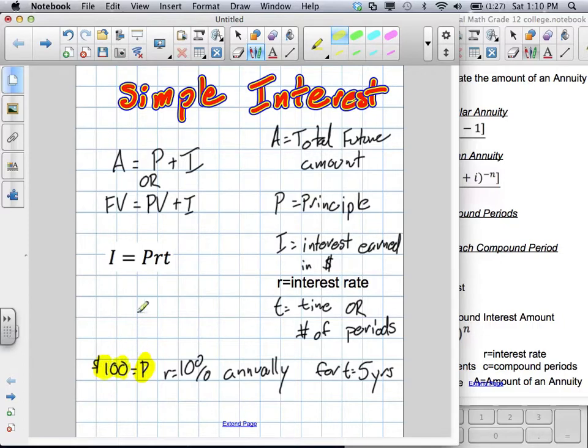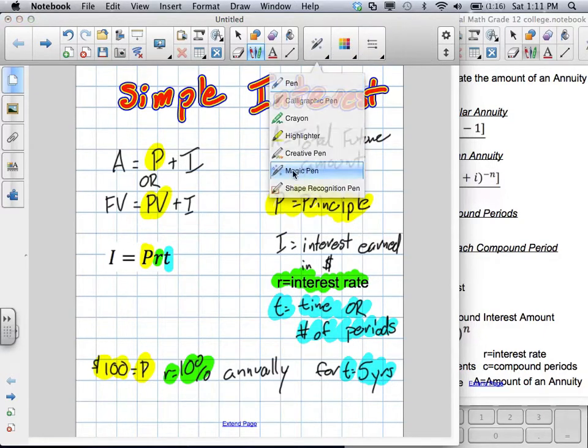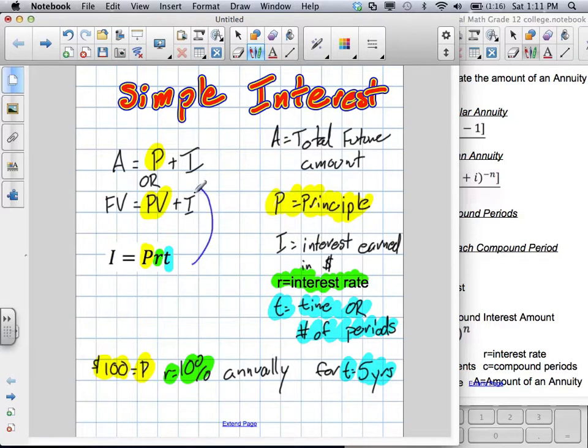This is our principal. Okay, so it could be there, could be this one here, could be this one here. This is what that's talking about, principal. R is 10%, which is shown here, and it's the interest rate. Okay, and T is 5 years in this case, which is our time or number of periods, and it's also put in there. Okay, so if you notice right now, I don't actually have the information to solve these top two formulas because I haven't highlighted anything for I. I actually have to solve for I using the three